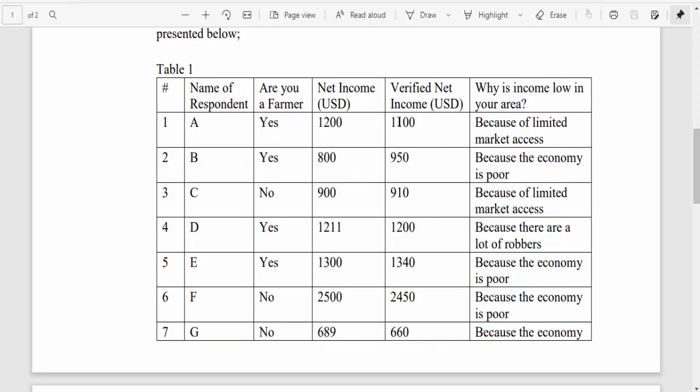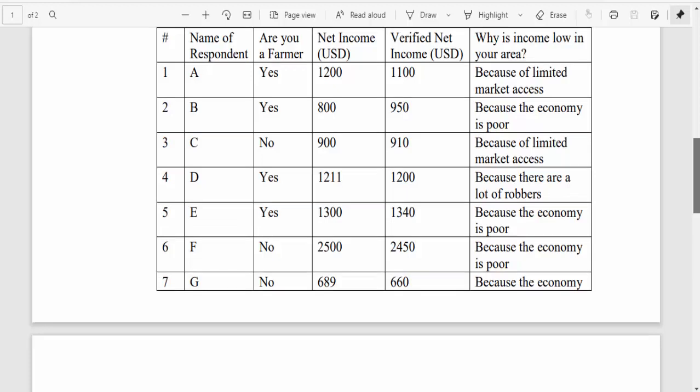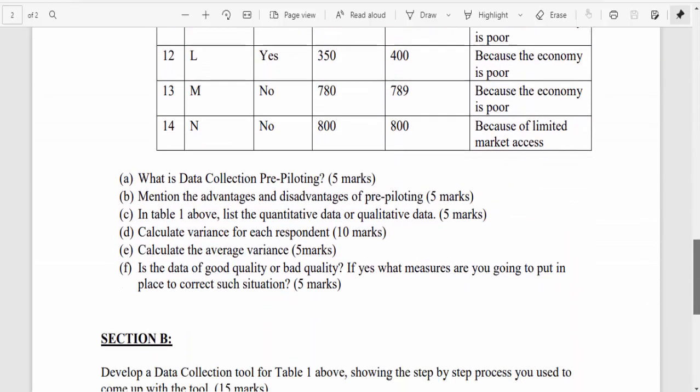This is where the key is when it comes to calculating variance. So if you want to know how to calculate variance, in case you didn't see the videos, you can write to me. I'll definitely set aside time to show you how this is done. It's a very important part of data quality audits.